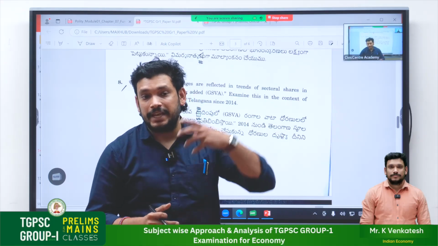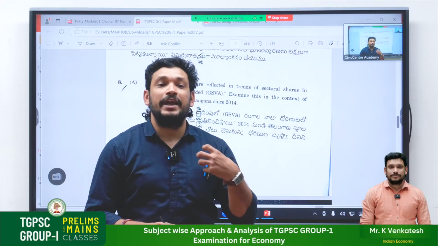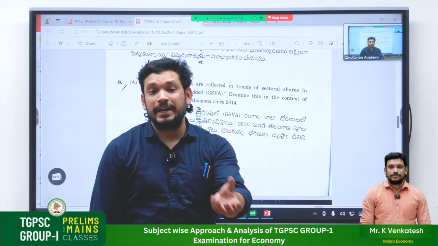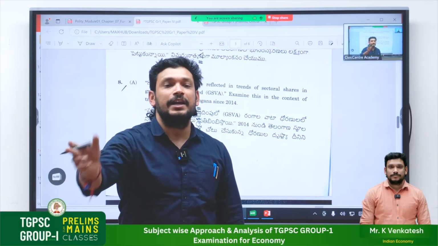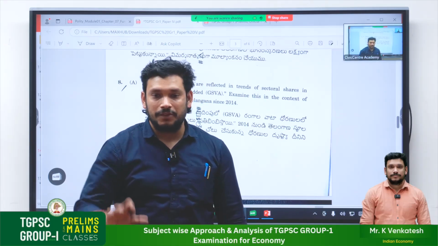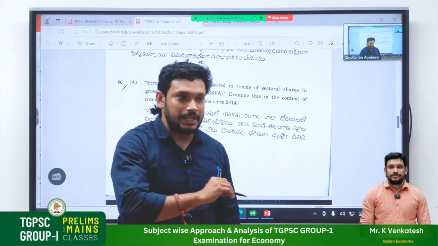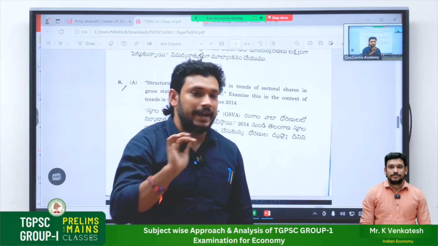But when we see any data, we need to analyze it from an economic perspective. Then we get the reasons. That is what analytical answers are. You have data, but you need to analyze the data and write it. That we will do in the classes. Every report I will take, every graph we will take. We will see whether it increased or decreased, and what the reasons behind it are.